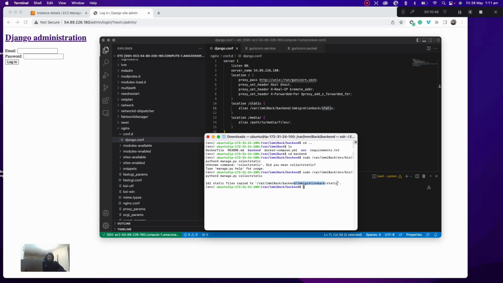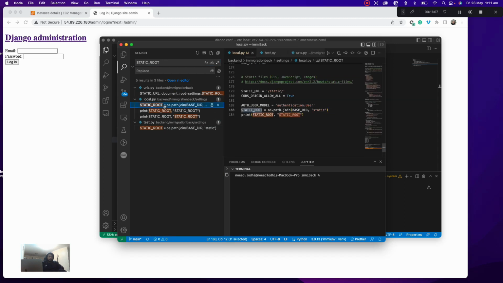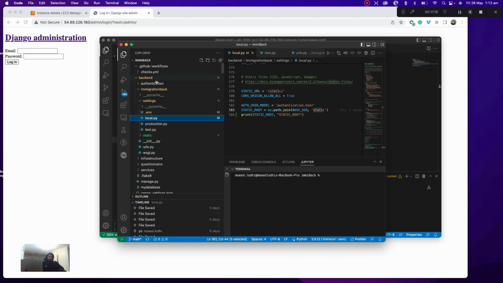Inside of immigration backend, it has copied and created the static folder. And for those of you who don't know why it was created inside of this immigration backend directory, well, the answer to that lies in where we define the STATIC_ROOT. The STATIC_ROOT over here has been defined as the base directory plus static. So the base directory is obviously this one, the immigration backend folder, and inside of it is a static folder that is already defined. So this is what decides the location of the static folder,